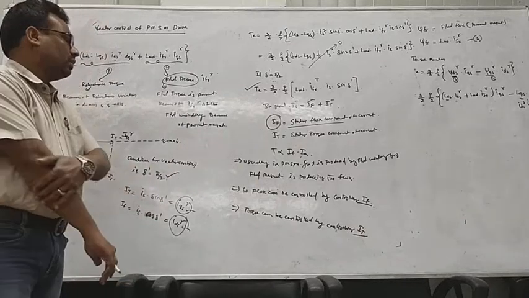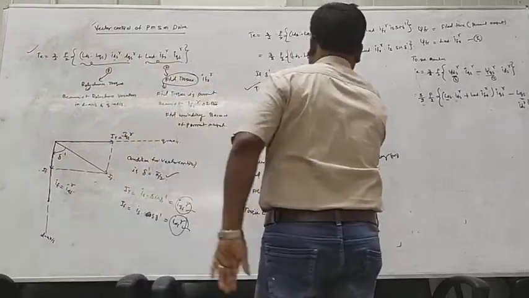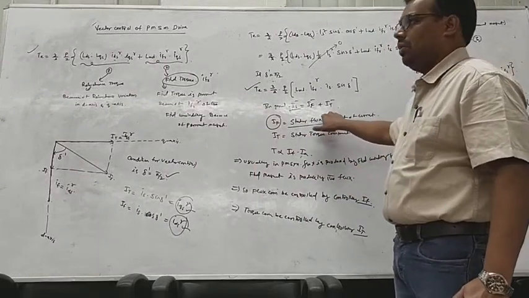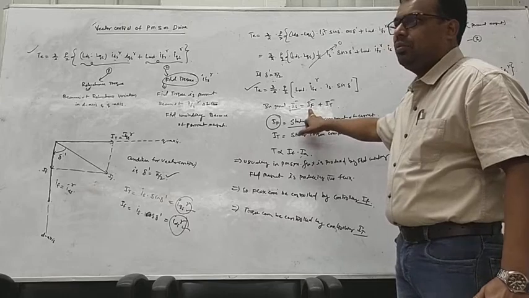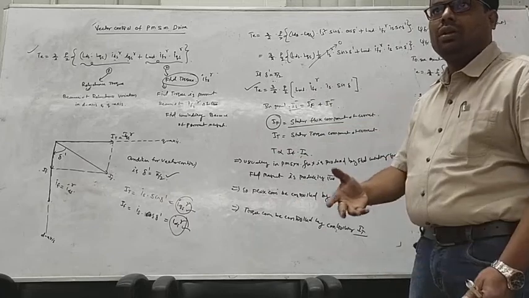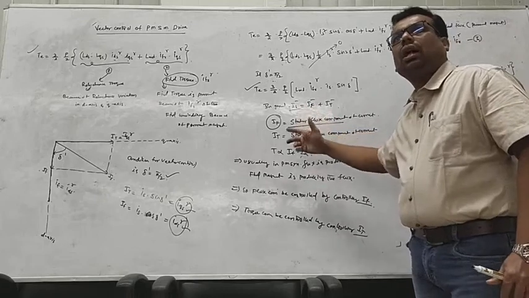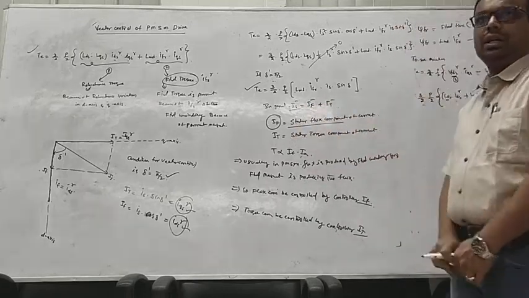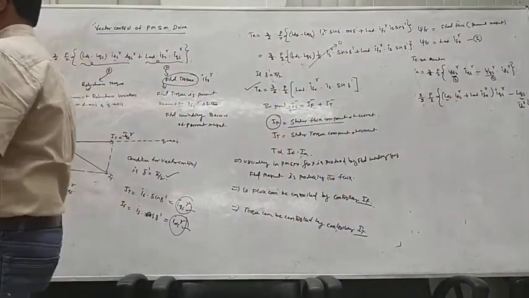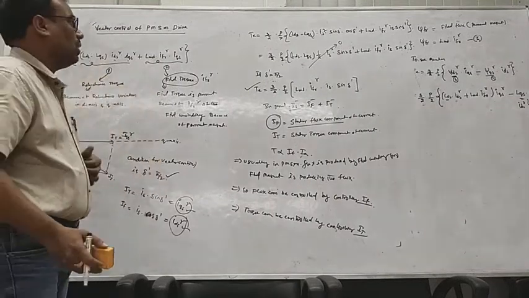So the stator current Is is the phasor sum of the field component of current and the torque component of current. The field component of current is produced because of the field magnet. If you control the field magnet flux, this Is will be controlled, and to control the torque, you need to control the torque component of the current. Okay, let us see the next one: the closed loop operation of a vector controlled synchronous motor drive.